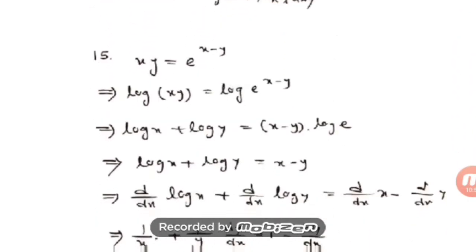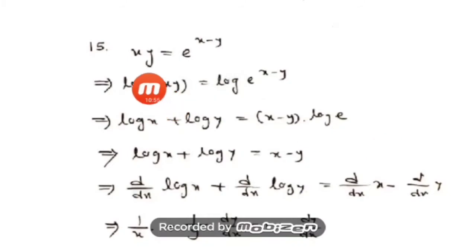Now I go to question number 15. Your question is x^y equals e to the power x minus y. Power is a variable, so again as earlier, take log. Log of x^y we can take directly, as there is no sum or difference. So log of x^y is equal to log of e to the power x minus y. Log of x^y can be written as y log x, and on the right, x minus y times log of e. What is the value of log of e? Log of e to the base e, since nothing is mentioned the base is e, and log of e to the base e is equal to 1, as I told you earlier at the beginning.